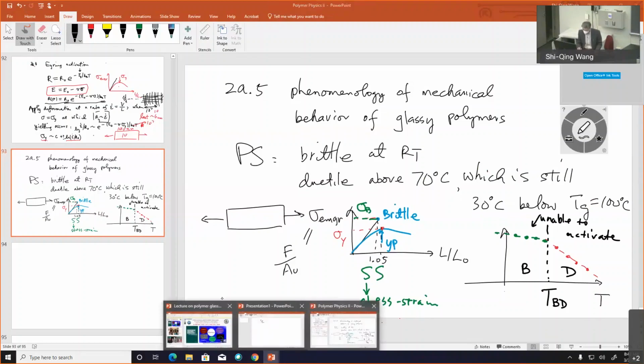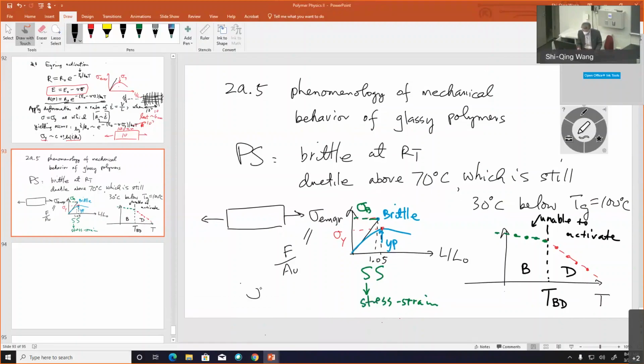So in that sense, the difference between engineering stress and yield and true stress is 5%. Okay, by definition, because lambda is only 1.05. So no big deal which one you're reading. But more importantly is what I tried to